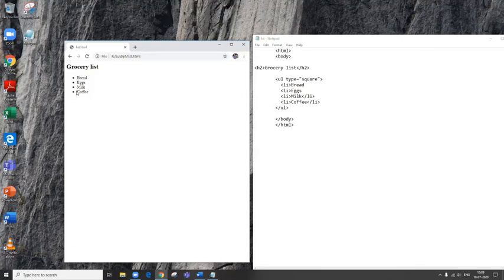The default is disk. That means the bullet will be a filled circle. You can change the bullet type with the help of the attribute type.